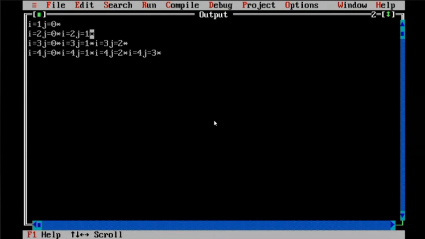I equals 3 remains the same to hold the same row, whereas J takes values 0, 1, 2. See here, because of J 0, 1 star, because of J 1, 1 star, because of J 2, the third star got printed. Is it understandable, my children? Similarly for the fourth row. Understandable. So now you are feeling comfortable with nested for loop a little bit?